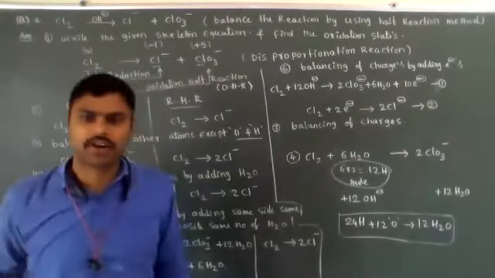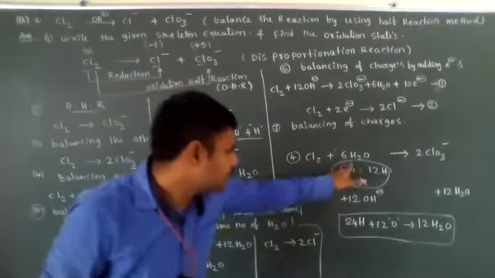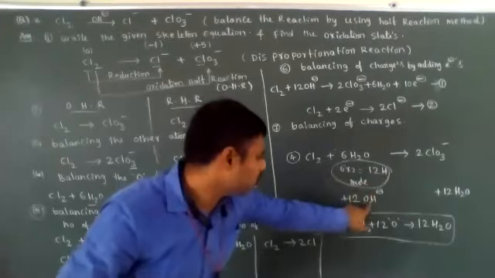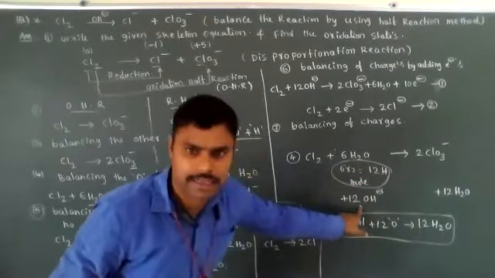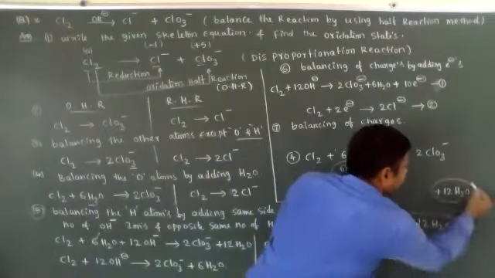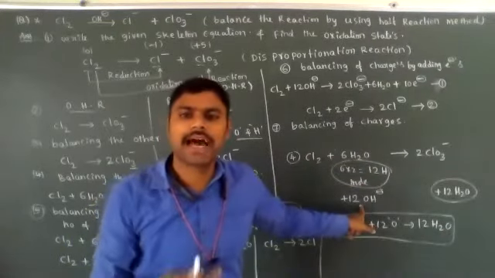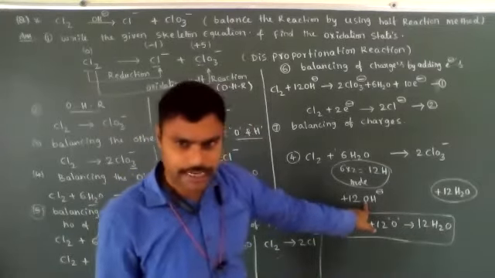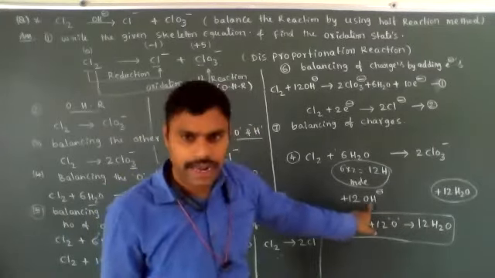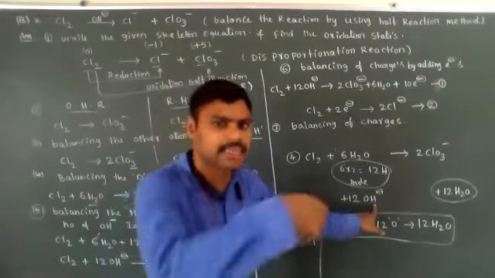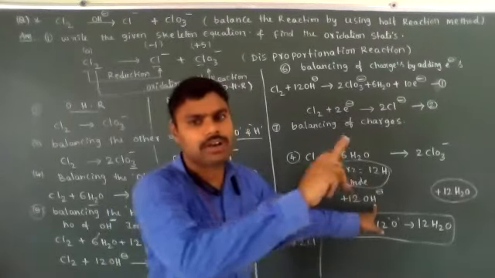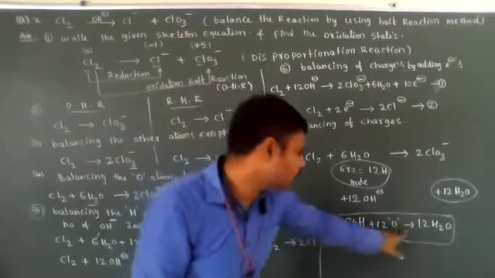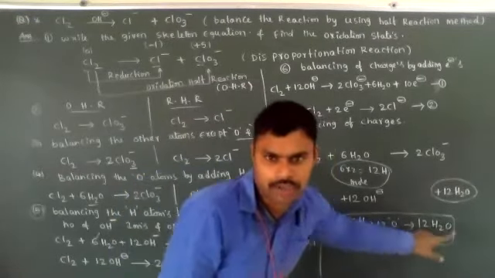24 hydrogens plus 12 oxygen atoms is nothing but 12 H2O only. That's the balancing of hydrogen atoms in basic medium. First we need to count which side has more hydrogen atoms. On the same side we add the same number of OH minus ions and on the opposite side the same number of water molecules. Then the total hydrogen and oxygen atoms are balanced at a time. How many extra oxygen atoms were added? 12. And extra hydrogen atoms? Still 12. So 12 plus 12, 24 hydrogen atoms and 12 oxygen atoms, which is nothing but 12 H2O molecules.